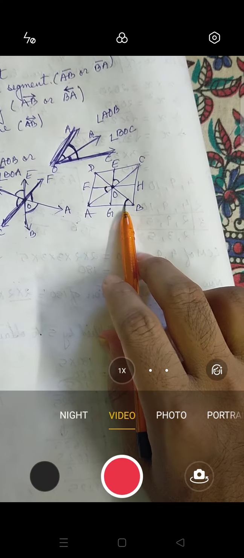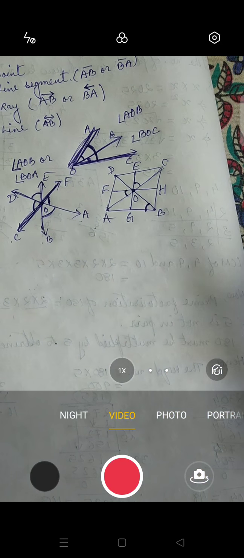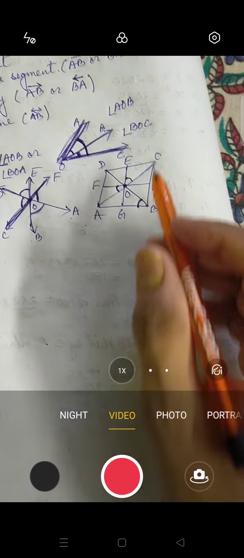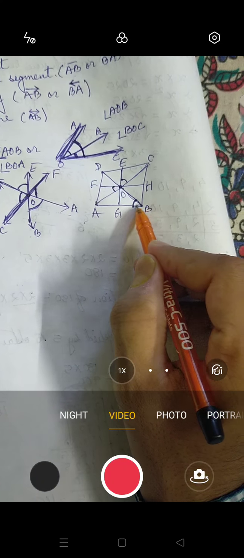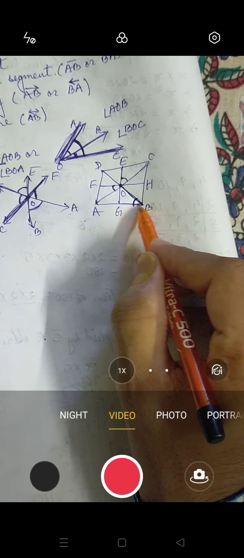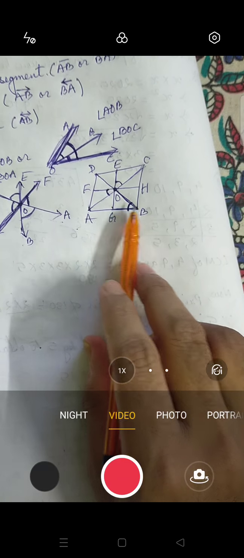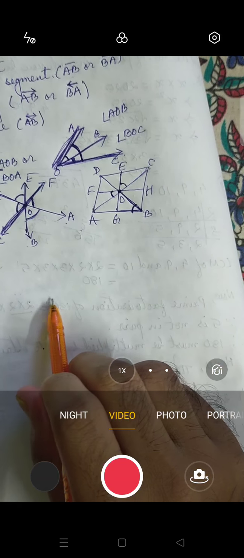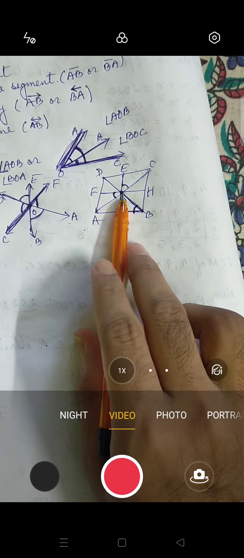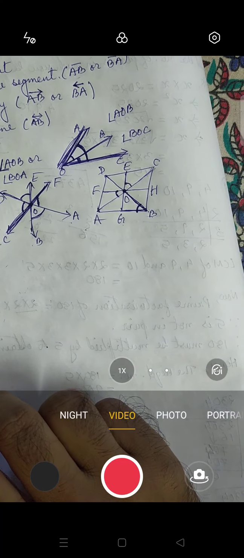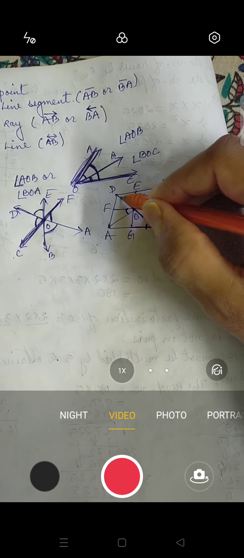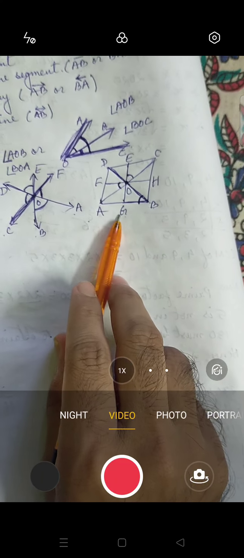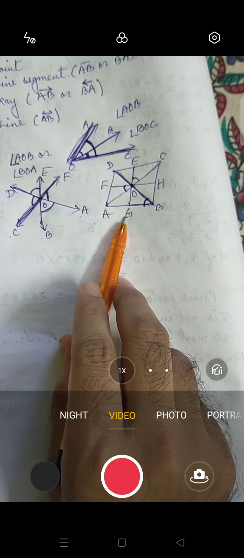If I am asking you the name of this angle, this angle can be named using many letters. So let's see what they are. You can see that this is the arm. So you can say angle OBG, or you can say angle GBO. So this can be said, or you can extend this line till here and say angle DBG. DBG is also correct.